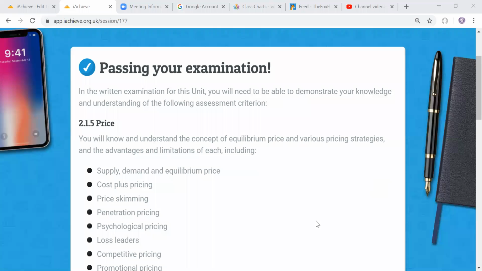As you know, in the last class, I gave guidance on how to complete the second of the four P's, which is place, and worksheets 20, 21, and 22. In this session, I will be focusing on the third of the four P's, which is price, and I will be giving you some guidance on how to complete